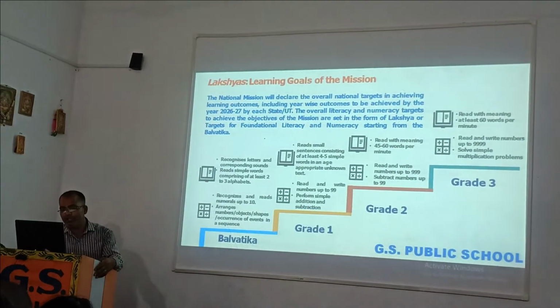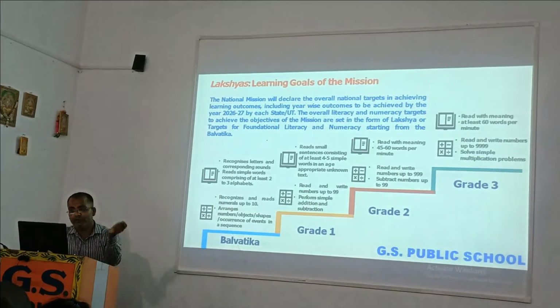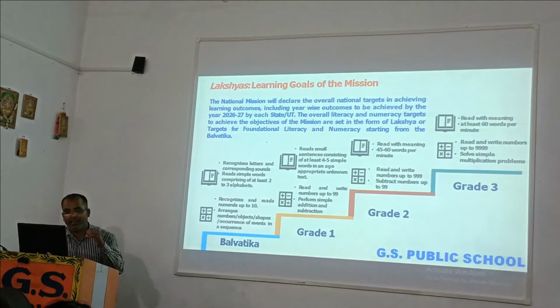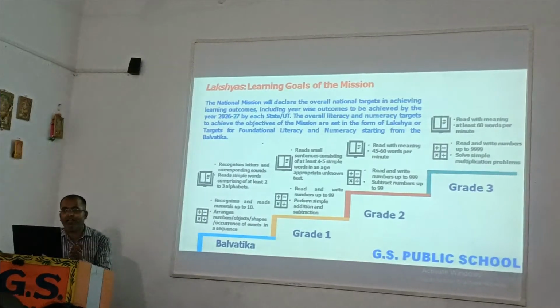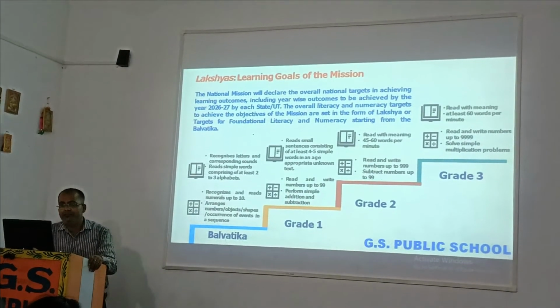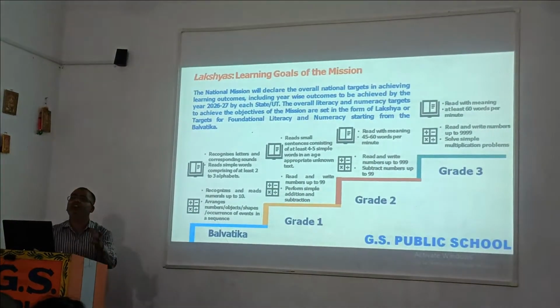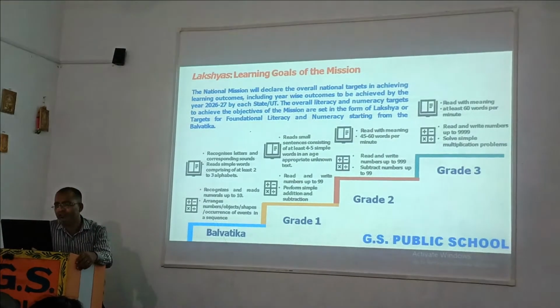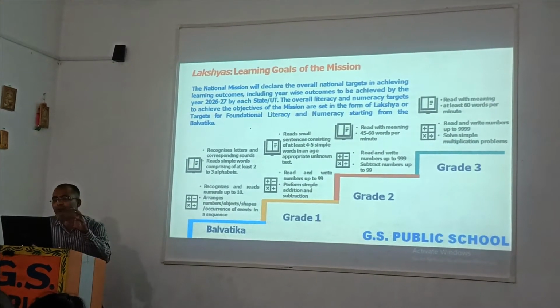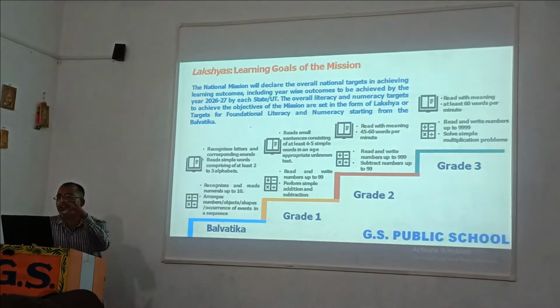If we talk about the next grade, a student should be able to read with meaning. Means in the next stage, the student should be aware of the meaning of the word. Like wave, if you are talking about wave, what is wave? Jari, mandri ka jari. Meaning, the main focus we have to keep is on the meaning of the topic or the meaning of a concept.